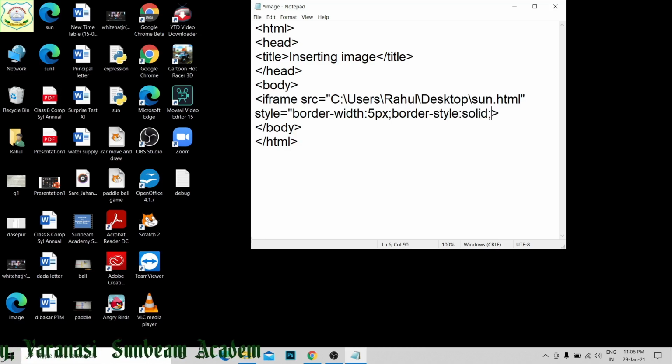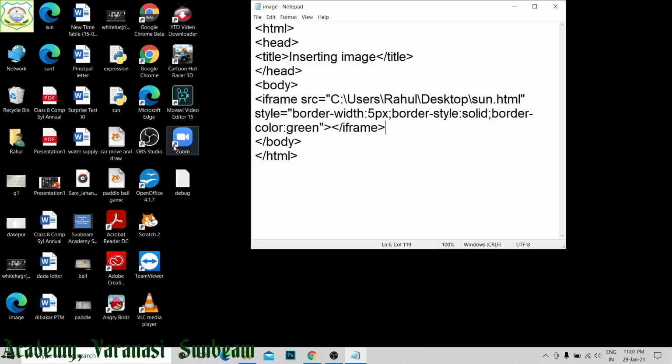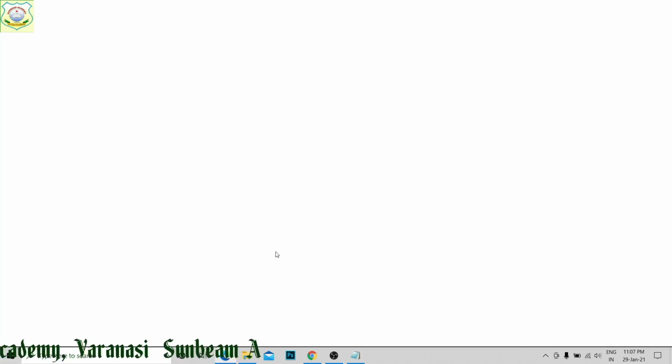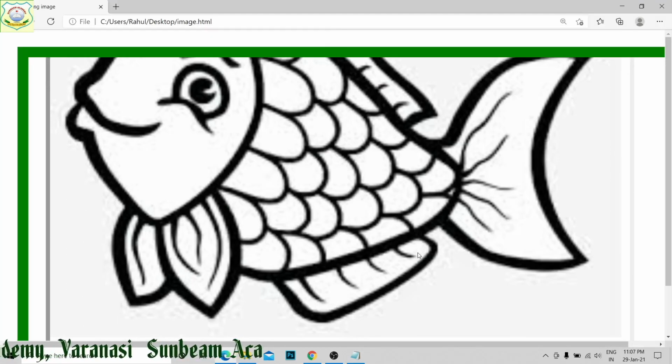And if you want to give color, then you will write border color, which I told you earlier. Green I have given, then close this one, right. Then I will close iframe. I closed it. Now save it. After saving, when you run this image file, you will see this has come.